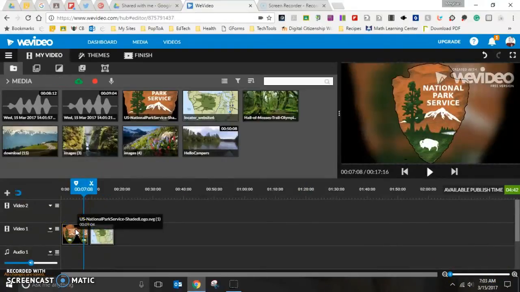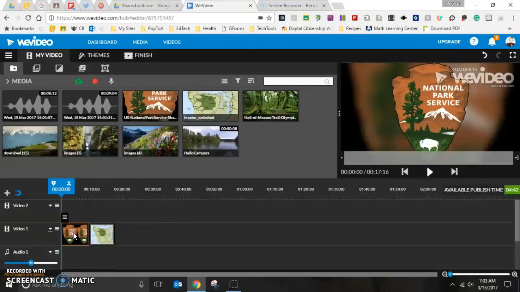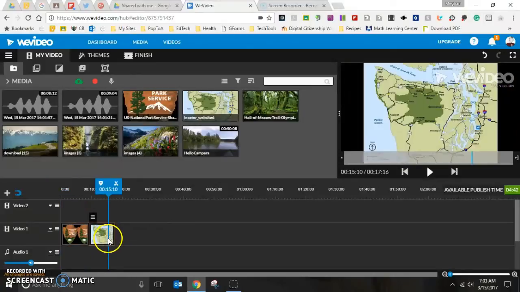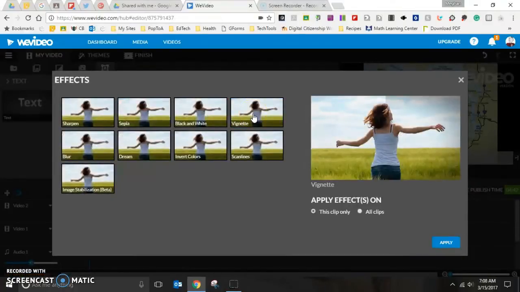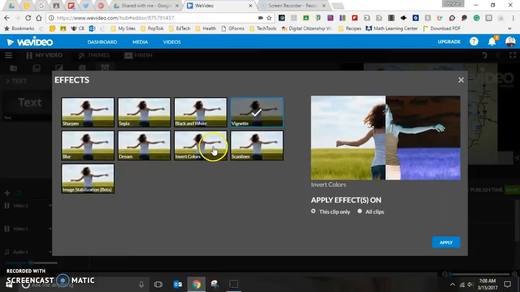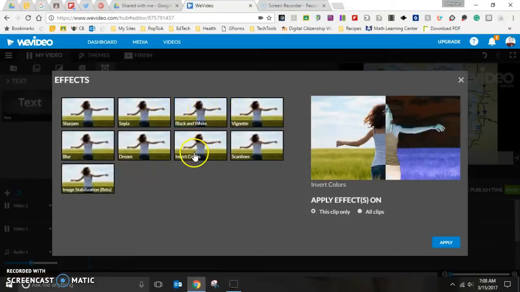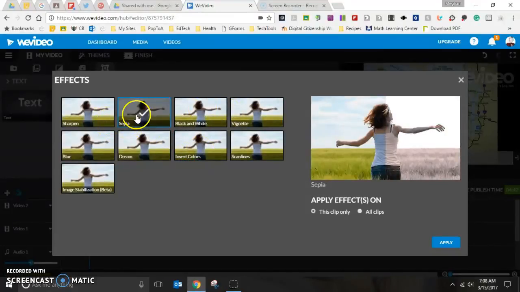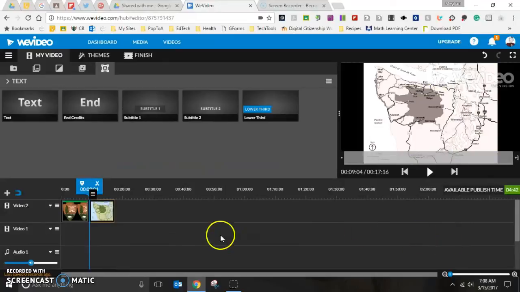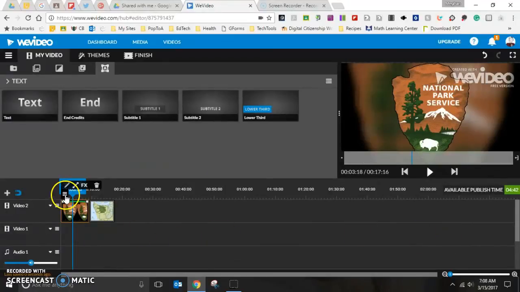So that's kind of the bare bones version. I can also click on my pictures here, and I have the option to add effects. So just like Instagram, you can add filters and you can see the preview. You can add multiple filters at the same time, and there's some mild ones and some pretty drastic ones. So I'll probably just use sepia, apply, and in addition to that, you can also fade your video in and